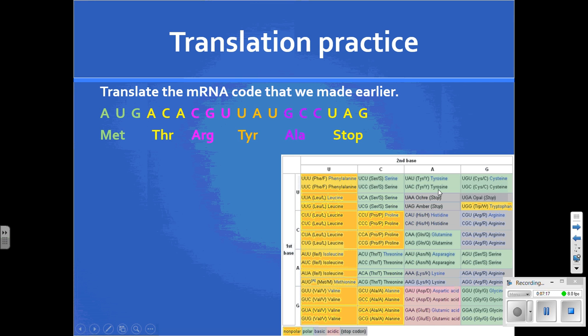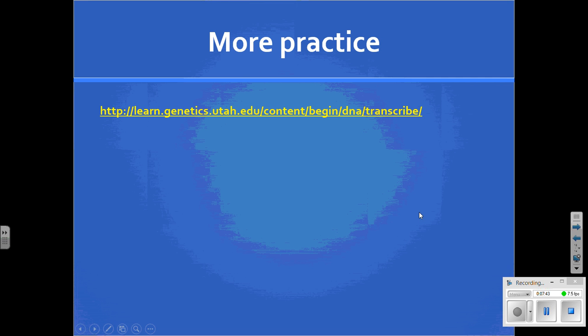So if you coded it correctly, it should look something like this. So MET, THR, ARG, TYR, ALA, and stop would be our sequence for a protein. Now, obviously proteins are usually hundreds of sequences long, but just for the sake of practicing, we kept these nice and short for you, just so you can get the practice without actually going through the pain of making a true long protein. And again, here's another practice website where you can get some practice making the proteins, but we are going to be running through this in class together and doing a couple activities to really reinforce some of these